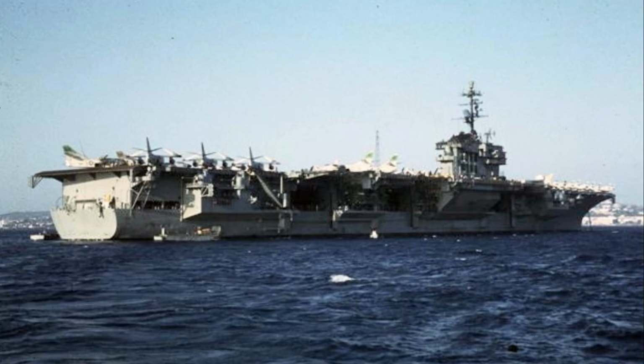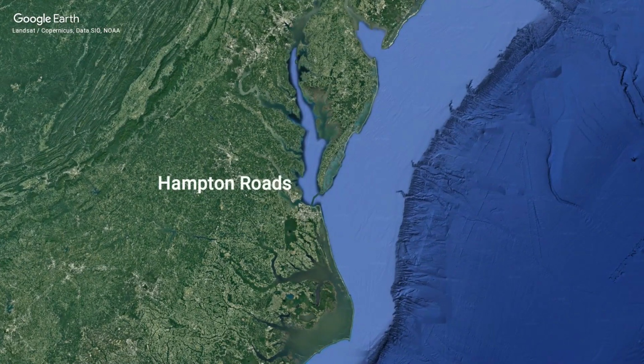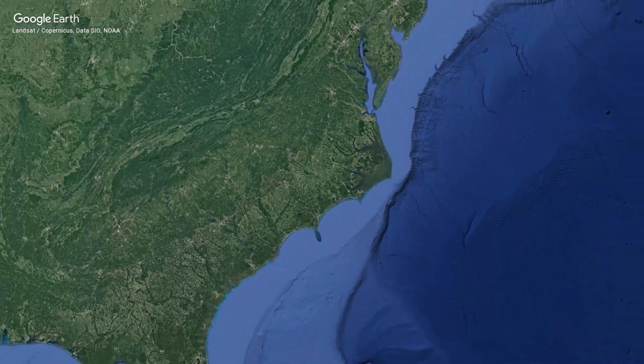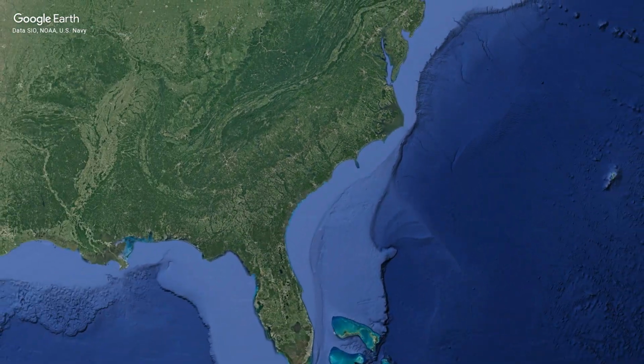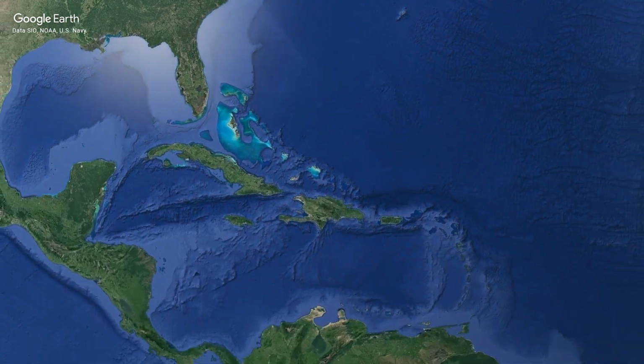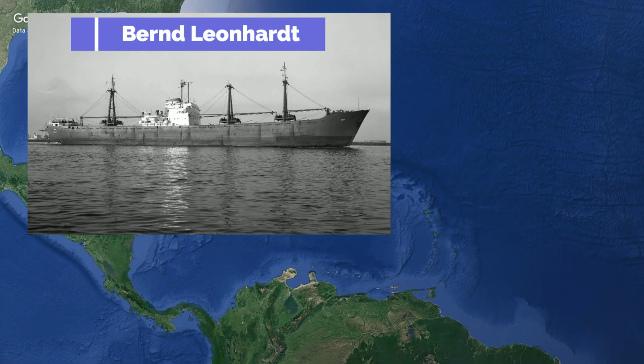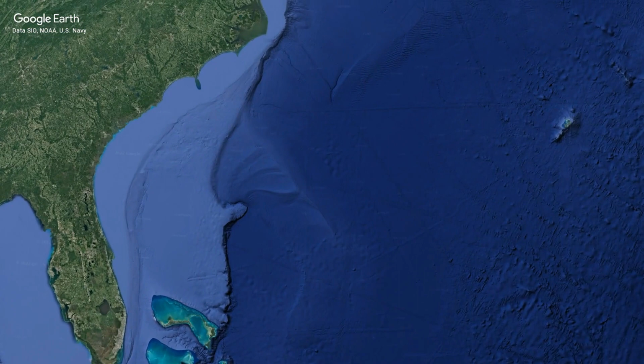Much of the 1960s was spent transiting between the Mediterranean Sea as part of the US 6th Fleet and the Florida coast. On the night of the 24th and 25th of May 1960, Saratoga suffered her first mishap. She had visited Hampton Roads Navy Yard in Virginia to take on ammunition and was sailing south, ready to undergo exercises off Florida. At the same time, the 6,000-ton German cargo vessel MV Bernd Leonhardt was sailing from Trinidad, bound for Baltimore. 33 miles off the Outer Banks of North